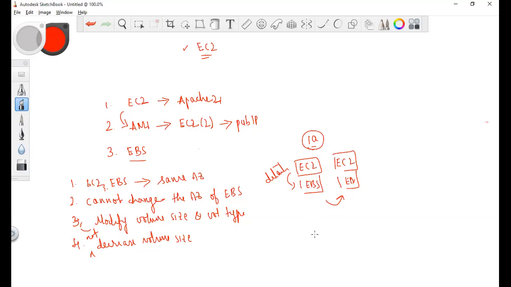In the Saturday assessment, I asked this question and someone asked me, ma'am, you said that this EBS can be attached to two instances. Yes, it can be attached, but not at the same time. There is a catch in the question. You have to detach it from this EC2 instance and then attach it to this one.